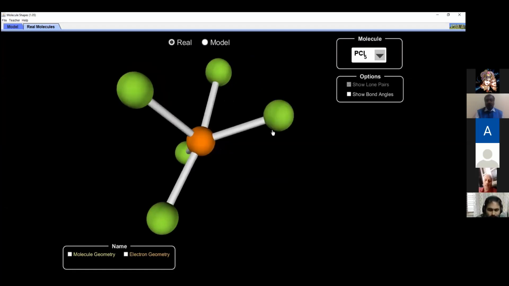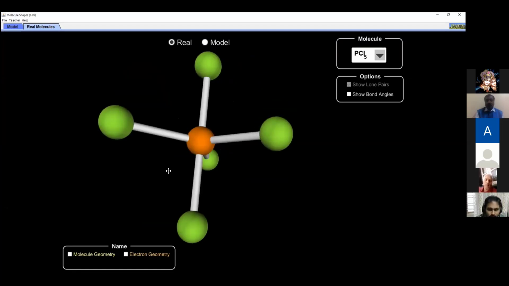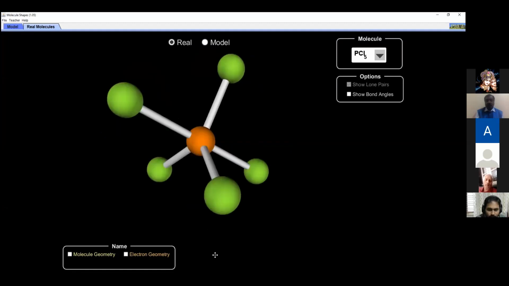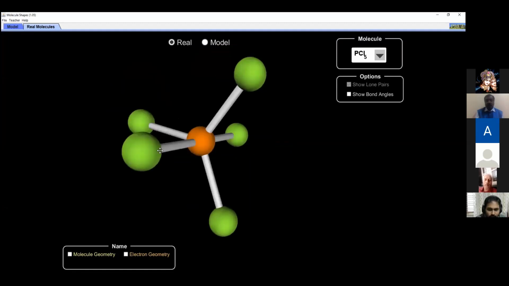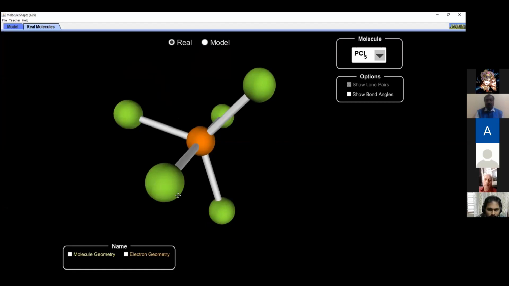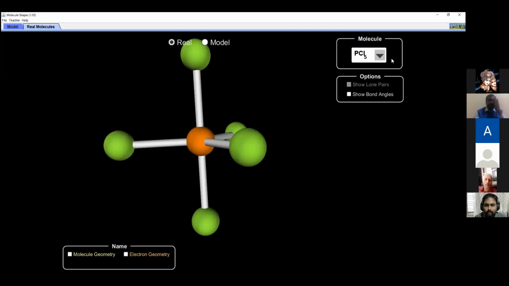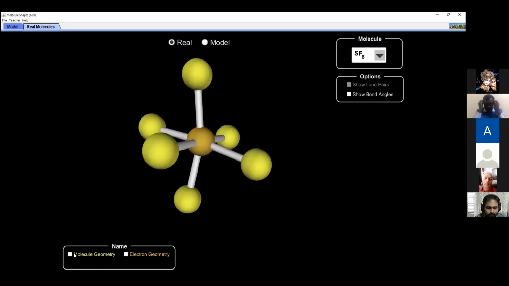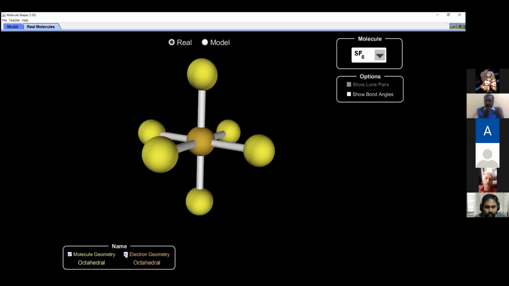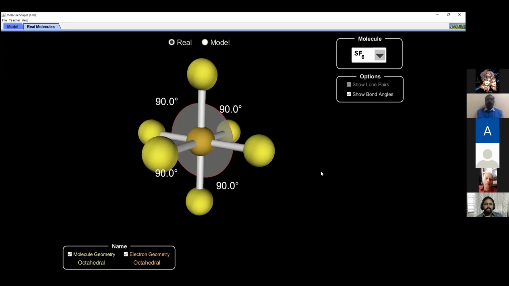Hope you can see this. Whatever I want, I can do with the molecule; it comes back to the same geometry. This is PCl5. I have similarly SF6 also. All the angles are 90 degrees. Octahedral.